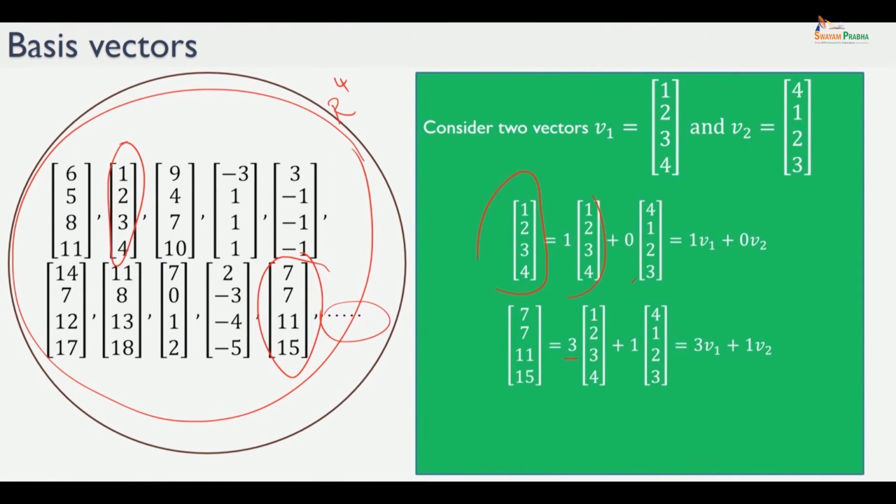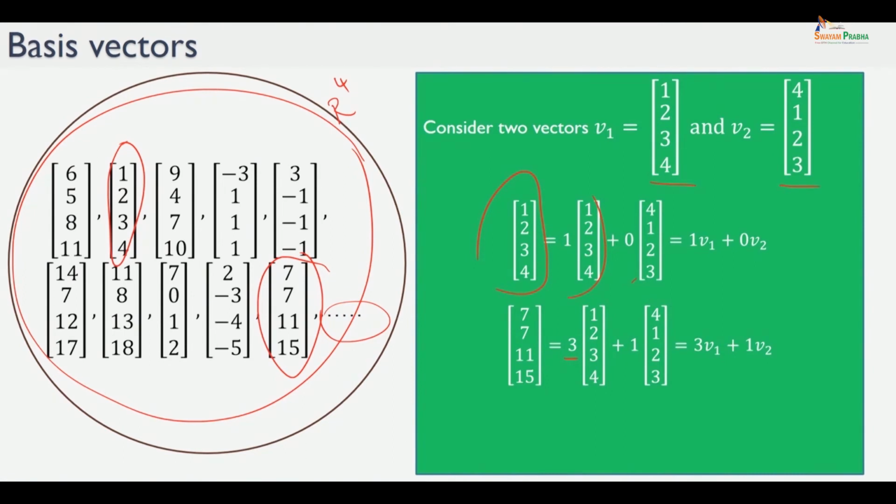Now you could do this exercise for each one of these vectors, and you will be able to see, because of the way we have constructed these vectors, that each one of these vectors I can write as a linear combination of v1 and v2. So what this basically says is the following. It says that though I have 4 components in each of these vectors, that is, all of these vectors are in R4,